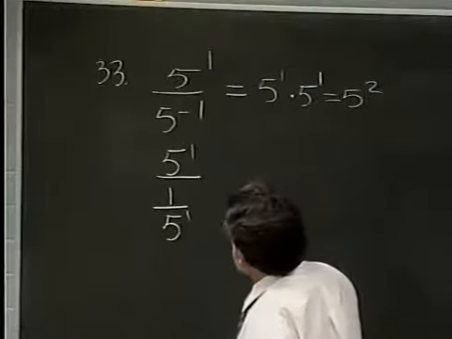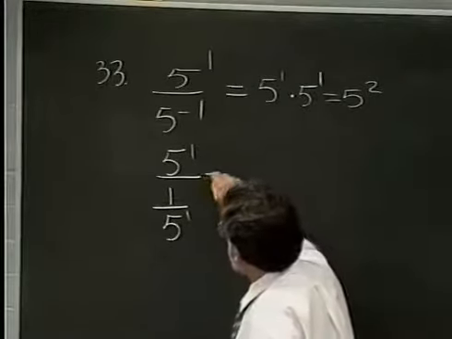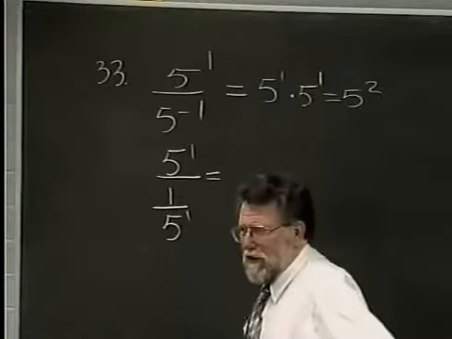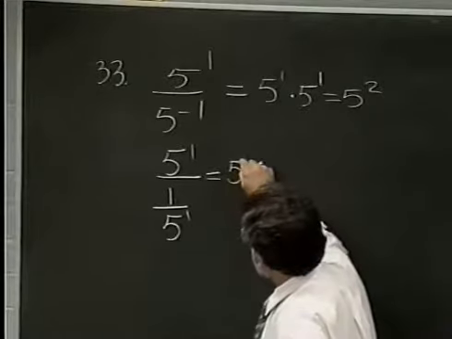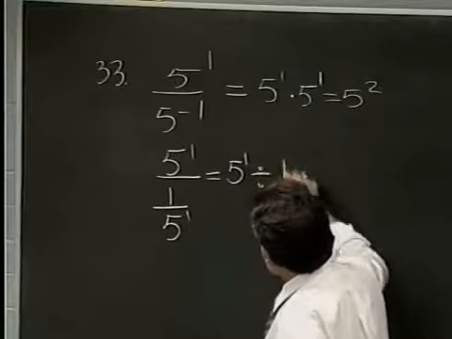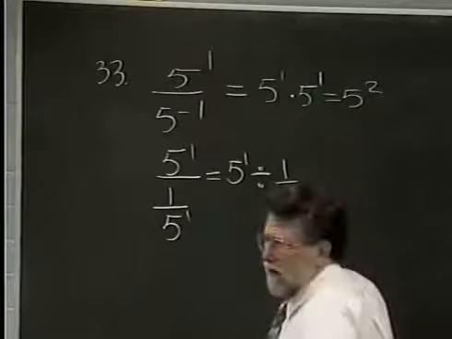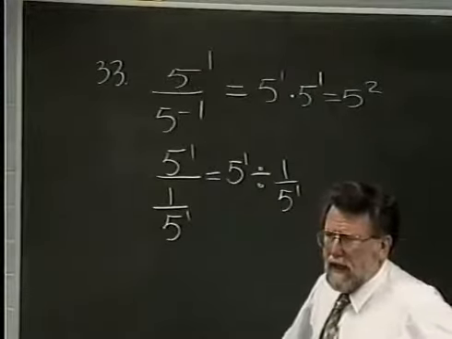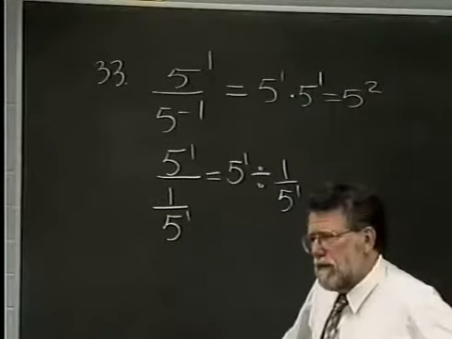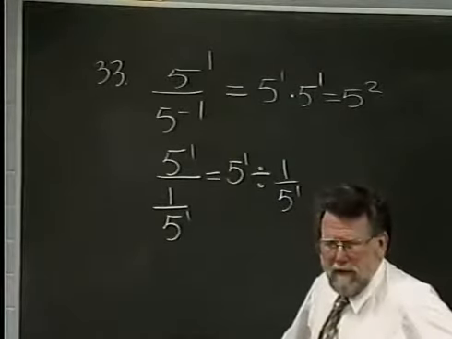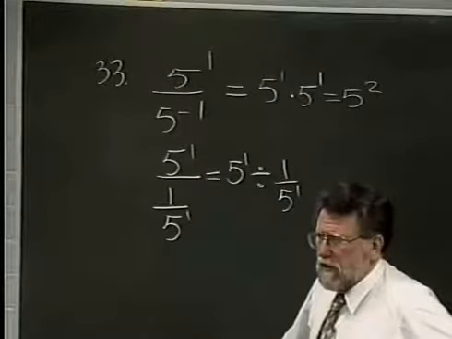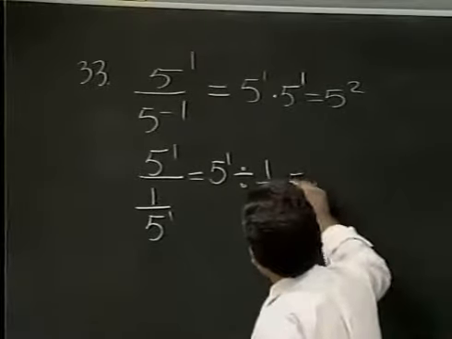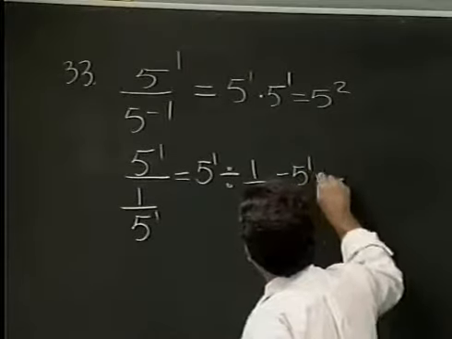Well, if that's the case, then you can either mentally invert and multiply, or you can say this is equivalent to this expression, because that complex fraction, that compound fraction, does imply a division. Now, if I'm going to divide by 1 over 5 to the first, I know I invert and multiply. So I now know that I would have 5 to the first,